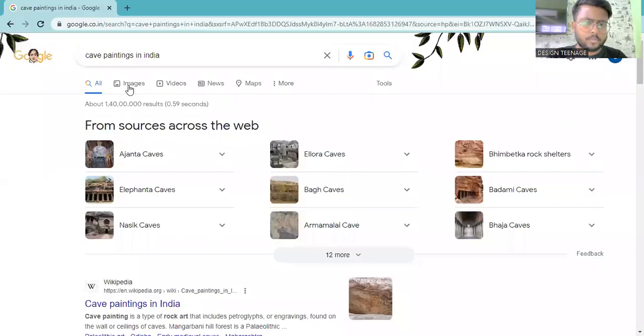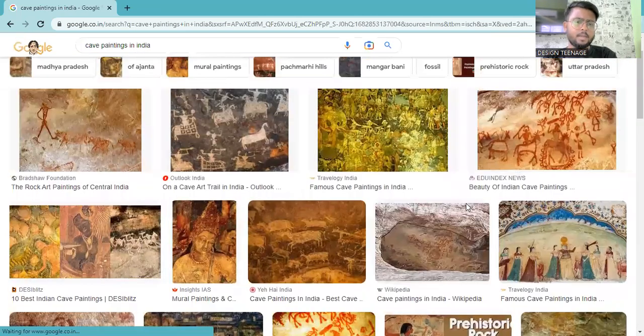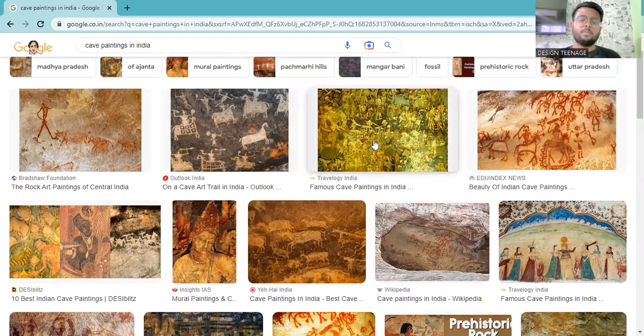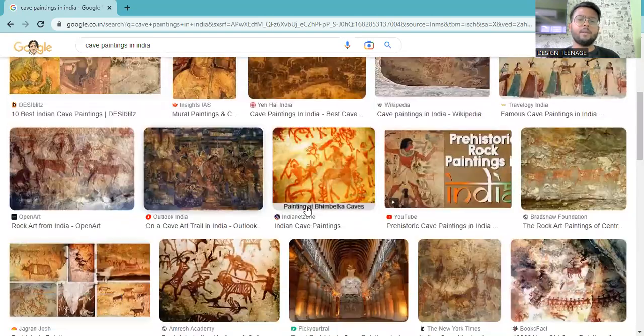See, I have tried to find some images which will give you an idea about how the cave paintings were done back in that period. There are different structures, different things which have been depicted through these cave paintings. But these cave paintings were not made using brushes, because at that point of time there were no such brushes. They were done with the use of hands, thumbs, fingers, and a few things extracted from nature.